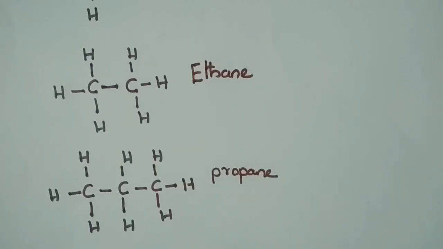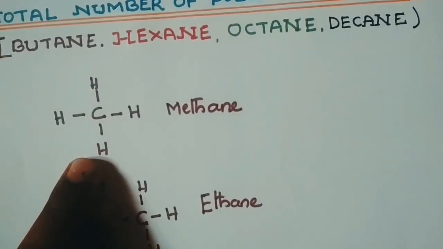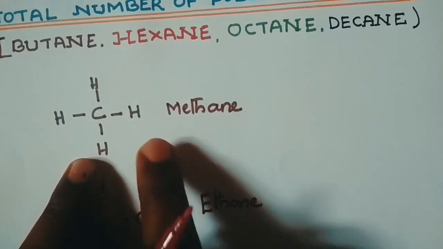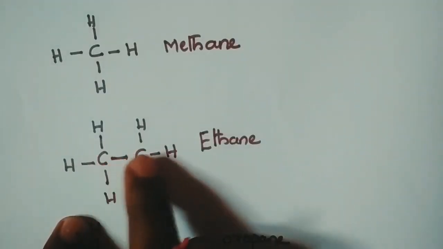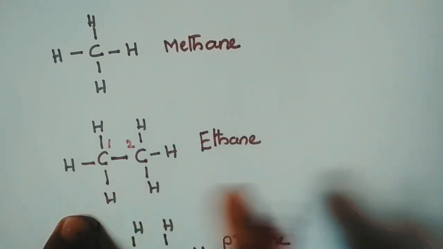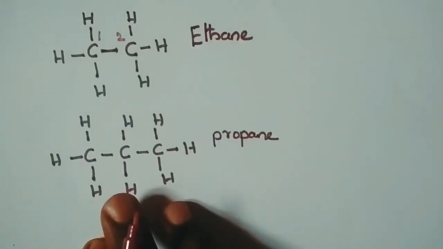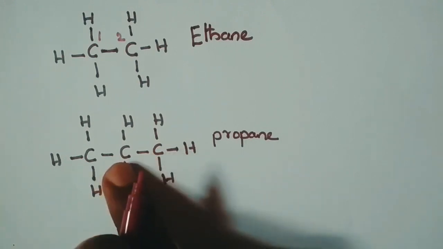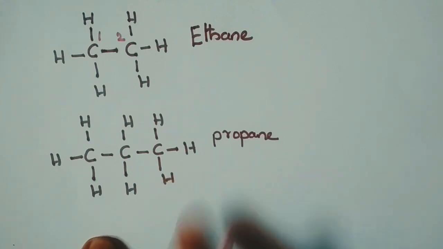Now you can come to what is an isomer. Isomer is nothing but the same molecular formula but different structural formula. So you can observe methane, here only 1 carbon is there, you cannot change the structure, hence the number of possible isomers is only 1. When we come to the ethane molecule, if you interchange carbon 1 and 2, you get the same structure, hence here also the possible isomer is 1. When we come to the third one, if you interchange any carbon, again the same structure appears. Hence here also the expected isomer is only 1.